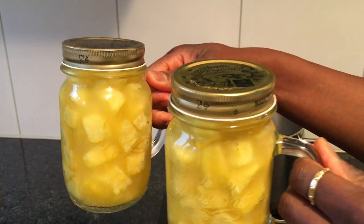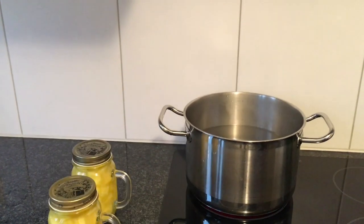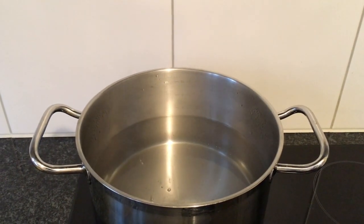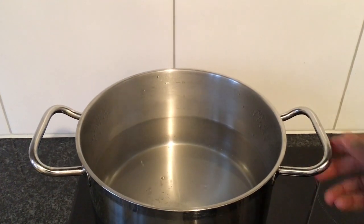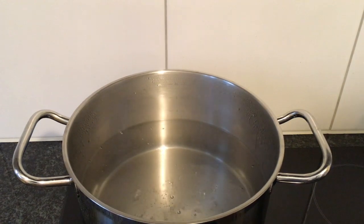When the jars are sealed, you take a big pot. The pot should be of a size whereby both jars can be placed inside. Fill the pot with water. Put the pot on the stove and bring the water to boil. Once the water starts boiling,